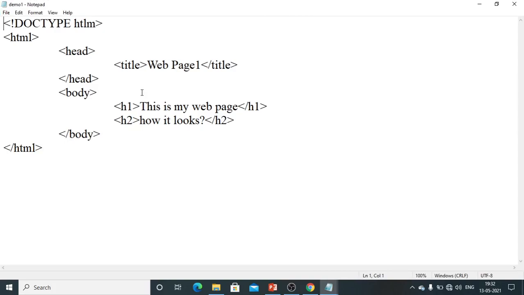Here I am using two things: heading 1, that is h1, and heading 2, that is h2. Here I am also using the title, that is web page 1. So here is what I can say.